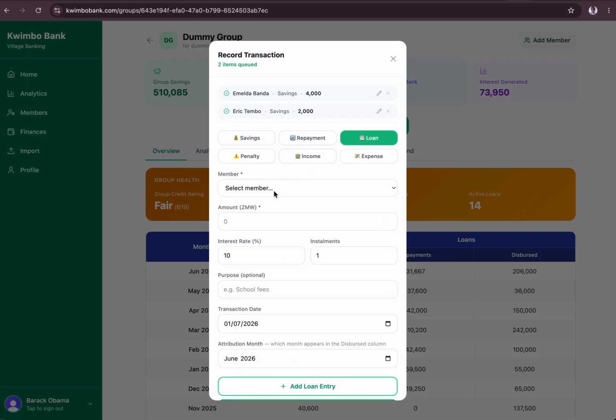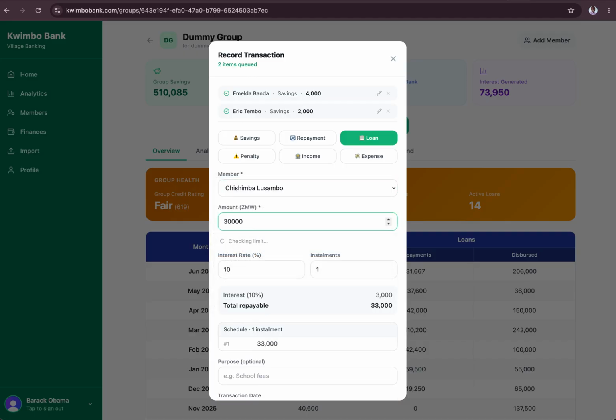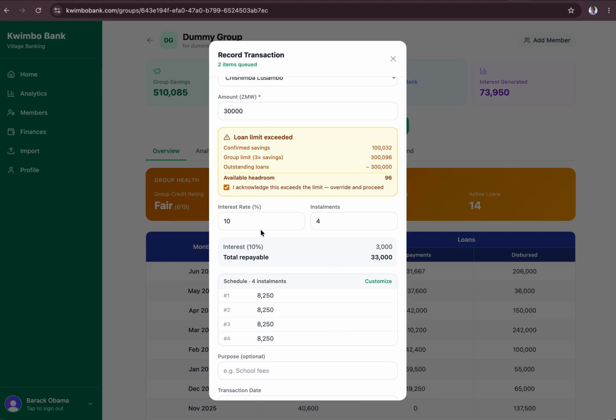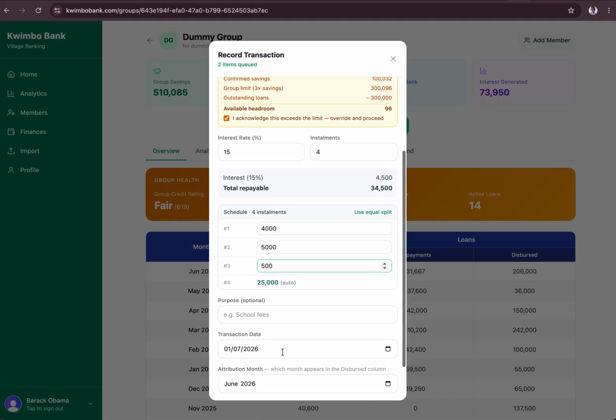Maybe Shimba wants to borrow 30,000 kwacha. If the person is beyond their loan limit, as an admin, you can override that, okay? But non-admins cannot override. So since I'm an admin here, I can override this and say, yeah, I'll allow this for 4 installments. You can put a custom loan repayment there. You can also adjust the actual repayments. You can say this person wants to bring 4,000 kwacha, and then 5,000 kwacha, and then 500 kwacha, and then finish up,